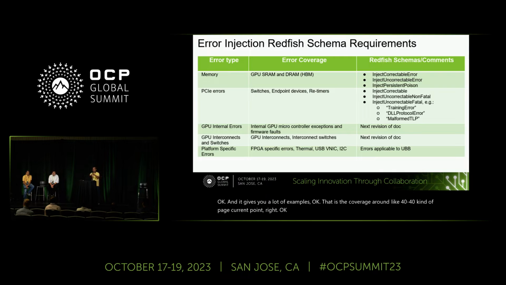There are a lot of details. I'll just touch on a few details of what is in the spec. The first thing I talked about is error injection. We are choosing out-of-band. We discussed whether we should do in-band or out-of-band, and which one to choose. For in-band, there is already some standardization using ACPI EINJ methods. The problem is that ACPI is mostly covered in the CPU space. In the GPU space, there is no standardization.